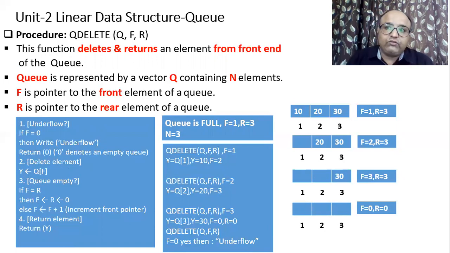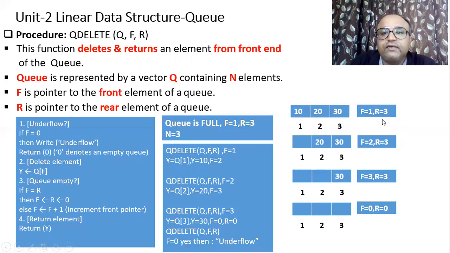So when your Q becomes empty, obviously both pointers will be set to 0. You have to set it. When you try to delete the last element from Q, we have to set both pointers to 0. Correct? So now see, after deletion of the first element, every time we have to check: is this the last element? So how can you check it? You can check it by comparing this condition: if F equal to R.